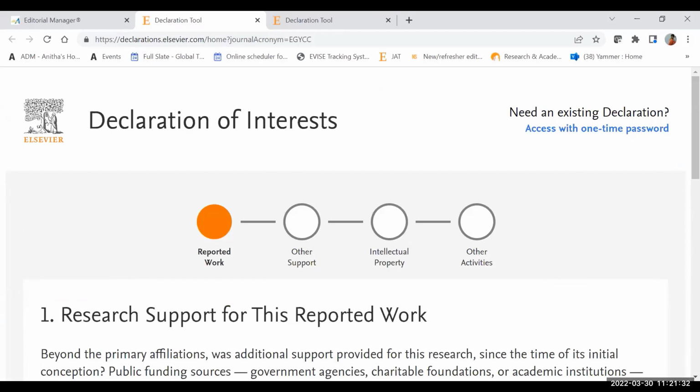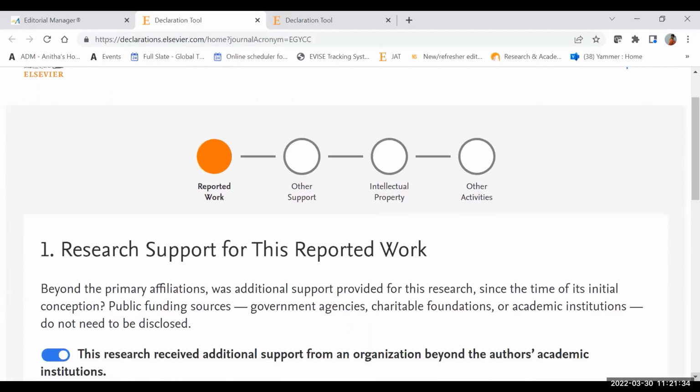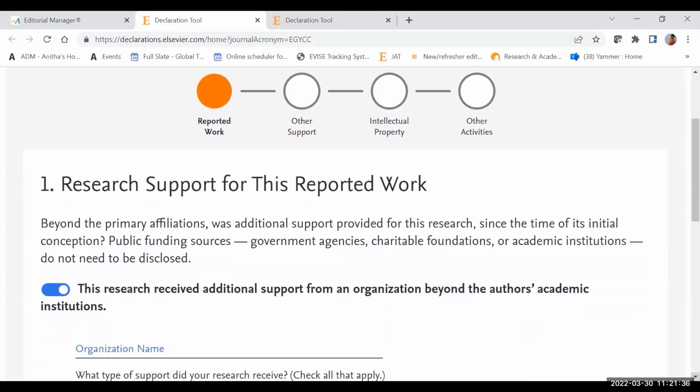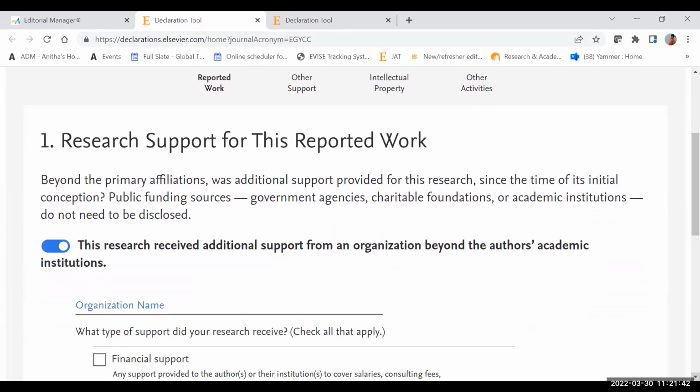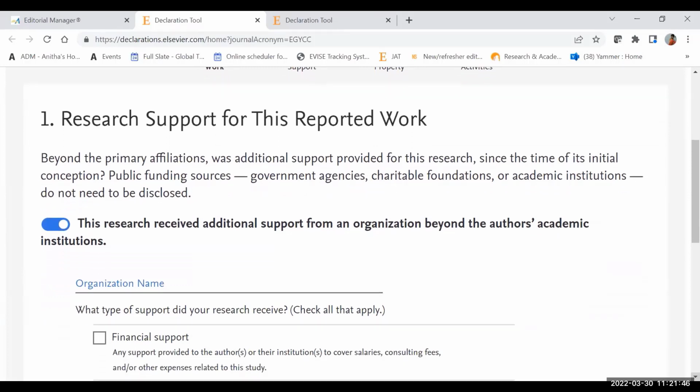On the first page, research support for this reported work, you declare any support you or any of your co-authors received from certain types of third parties since the initial conception of this research. Note that you don't need to list academic institutions or public funding resources from charitable foundations or government agencies here. You may fill in the details of this support by typing the organization name,